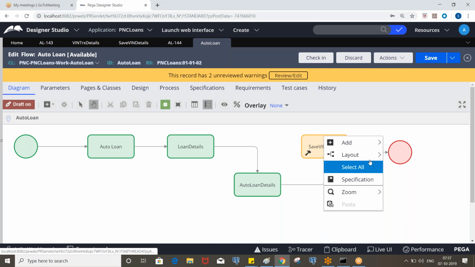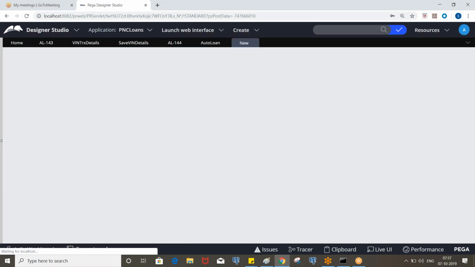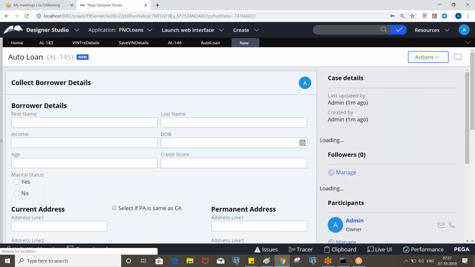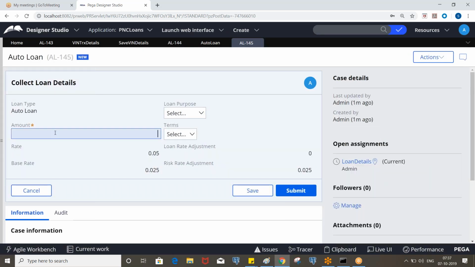Fine. Now let's execute this flow. Loan purpose is new vehicle, 4 years.